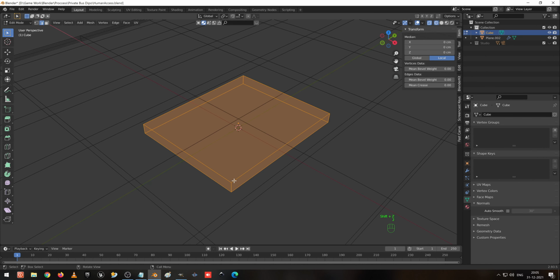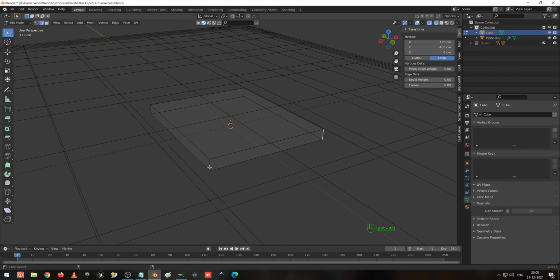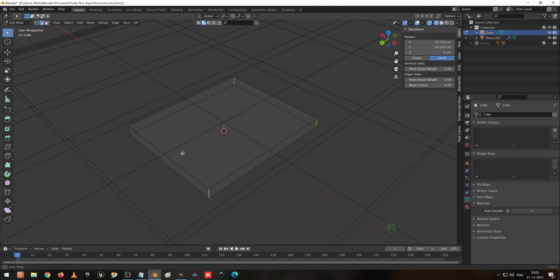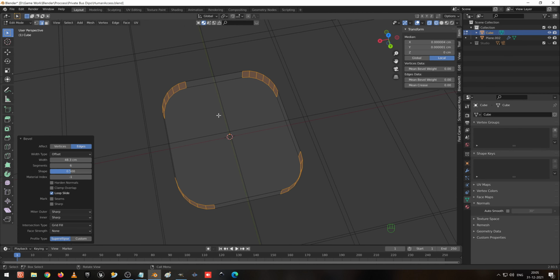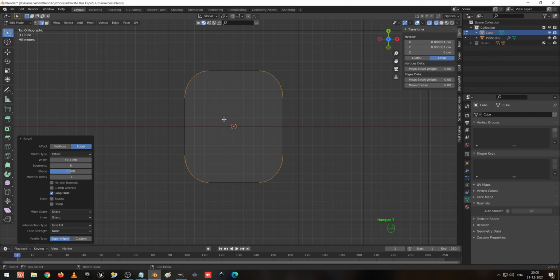I press 2 on the keyboard, select this one, this, this, this, and Ctrl B to bevel. I increase some loop cuts. Okay, fine.